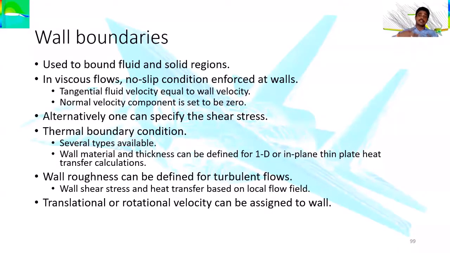So as far as the inlets and outlets are concerned, what about the wall? If it is an internal flow, the wall that is covering the flow is itself our boundary. The wall itself is a boundary. For example, flow over a wing, flow over a car, flow over an aircraft, flow over a submarine. These are all flows over a boundary. So that means wall boundaries are very important in that case.